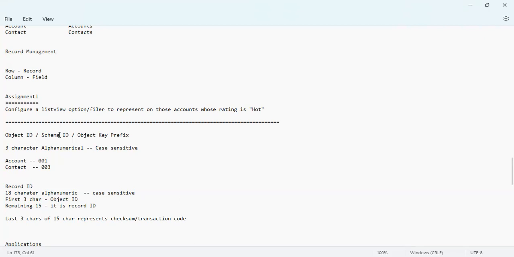So object ID is also called schema ID, or object key prefix. Why is it a prefix? Because it is the starting of the record ID. Okay, and it's the first thing shown, which shows what kind of object it is, whether it's an account object or a contact object. So that's the reason it's also called object key prefix, and it's a three-character alphanumeric and case sensitive. Record ID is 18-character alphanumeric and also case sensitive, of which the first three is the object ID,